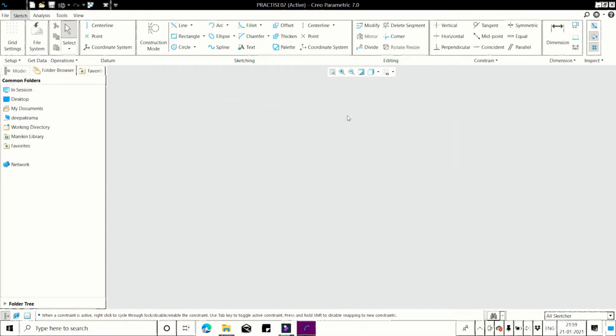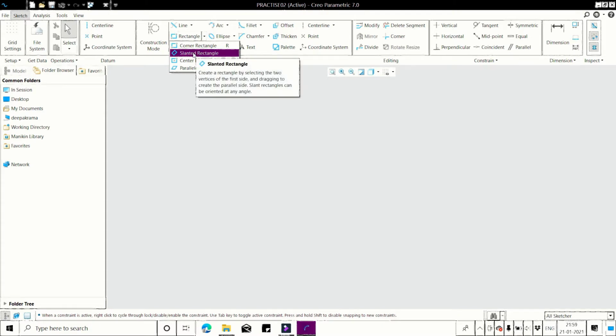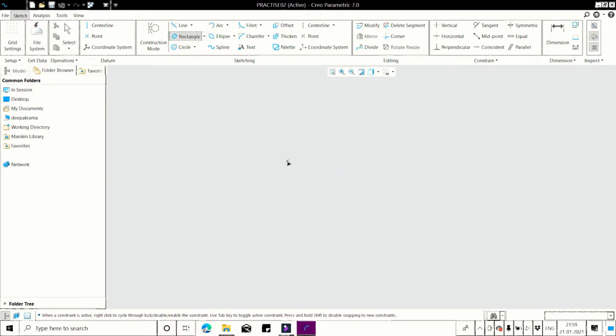The second option in rectangle is the slanted rectangle. How is it used? Click on one point, click on another point, and the line will be formed. Perpendicular to that line, the whole rectangle is created. You can fix the width of this rectangle.